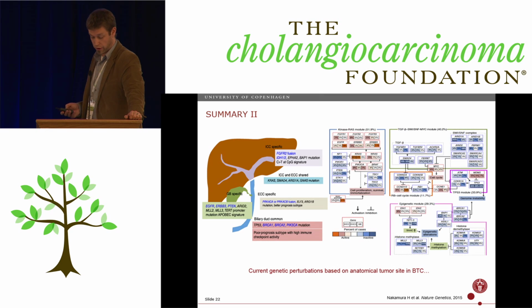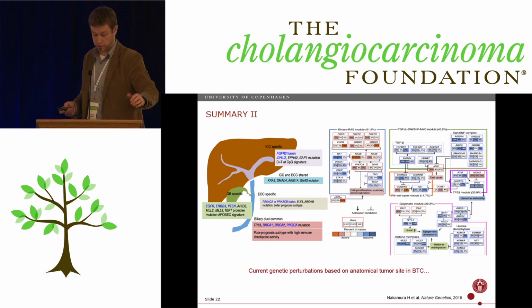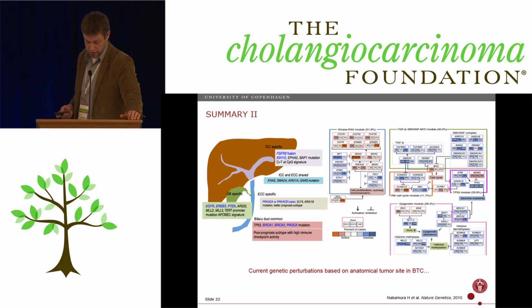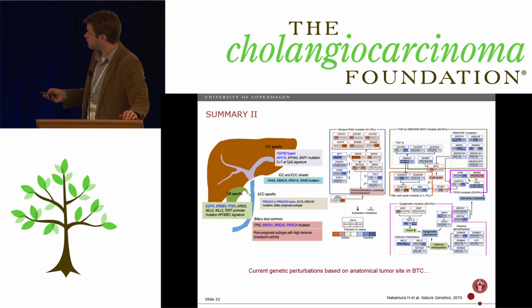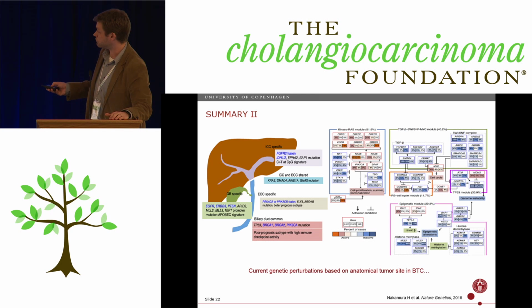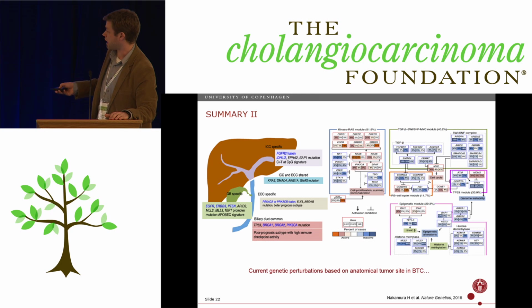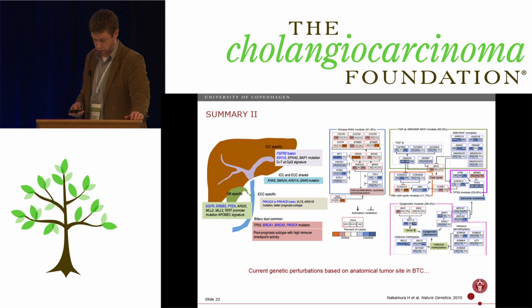Another slide, another figure from his paper, is considerably more complicated than the one on this side. It is an overall diagram of the different changes, or networks, that are seen based on mutations in all the tumors that they sequenced. But if one looks at it from a little more above, you really have receptor tyrosine kinases, a DNA damage response type network, as well as epigenetics. So you can tease it down to 3 different things that are ongoing and that we will have to try to control.